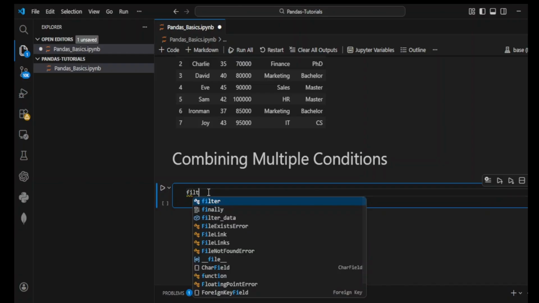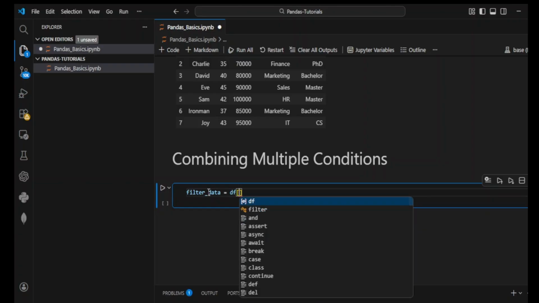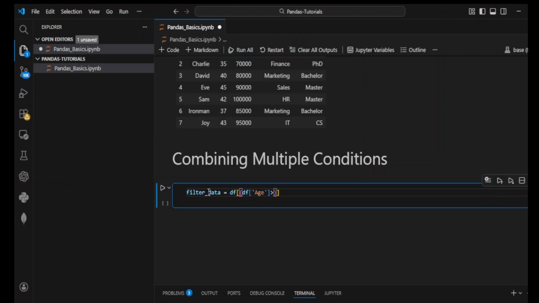Suppose first get a variable like filter data, and now start applying the condition. So first access the data frame. Okay, now access the column. So suppose the first column is age. Okay, you want to access the age column, and you want to get the rows where age is greater than, suppose, 35. Okay, and